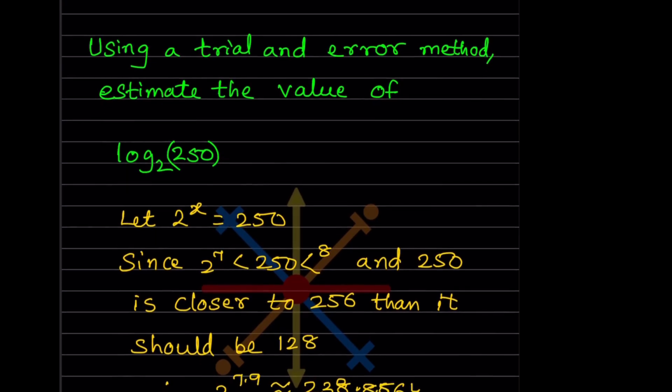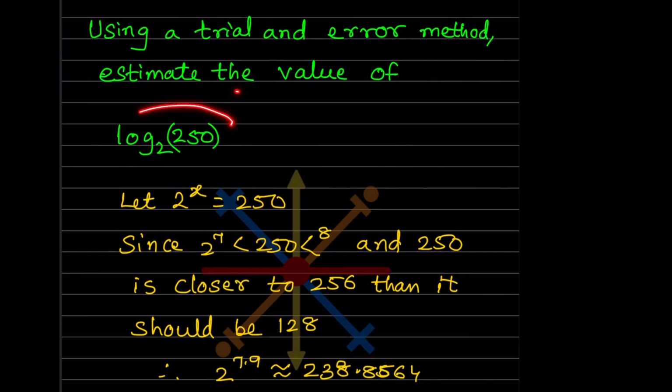Now, using a trial and error method, estimate the value of log of 250 to the base 2. So we can consider 2 raised to x is 250. Now here, 250 is close to 2 raised to 8, that is 256. So this 250 is going to lie in between 2 raised to 7 and 2 raised to 8. Since 2 raised to 7 is less than 250,